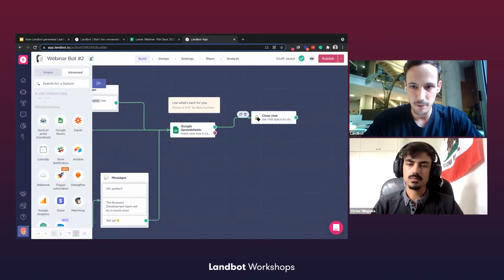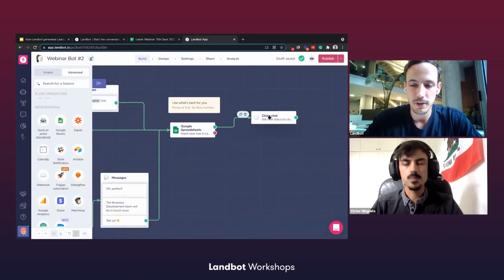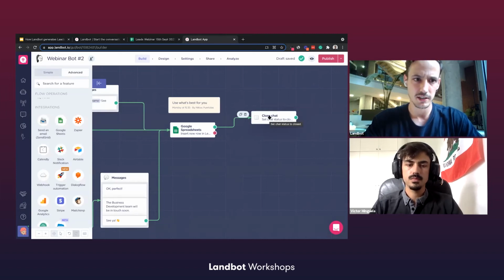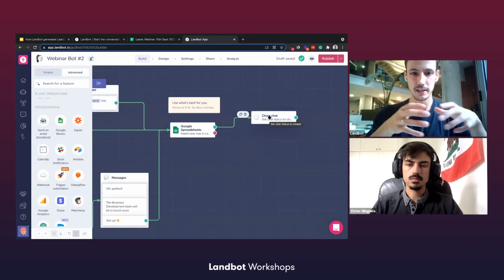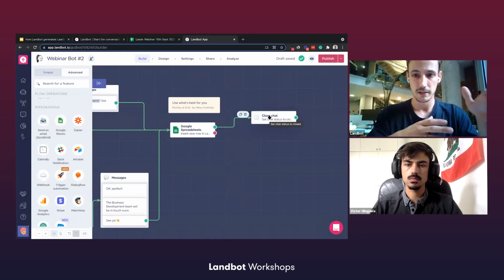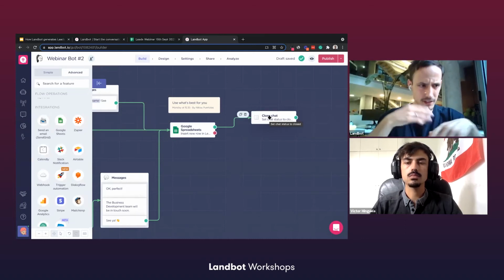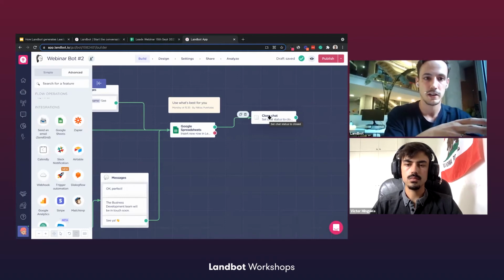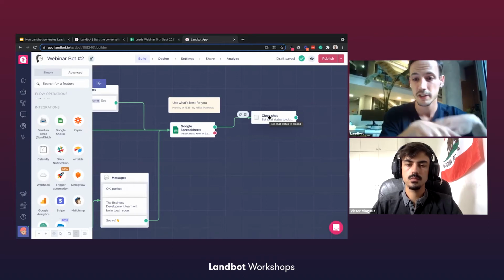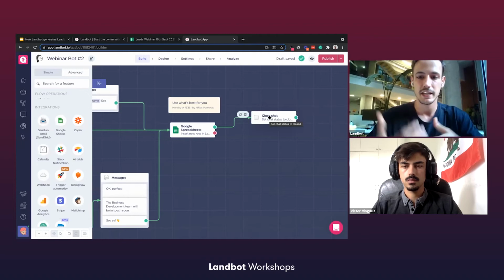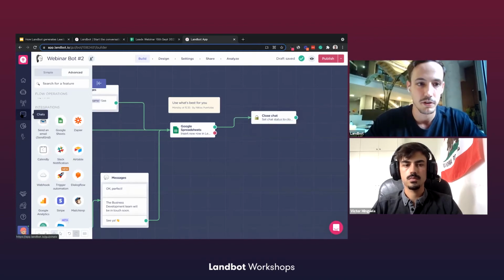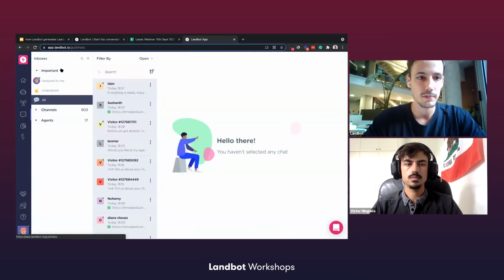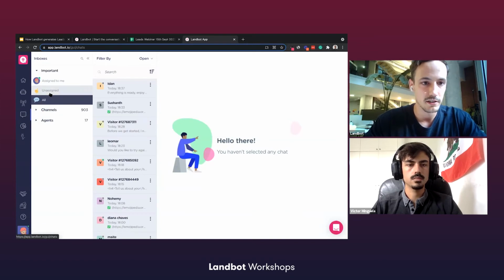So going back to the app, we just get a close tab here. This block basically changes the status of the conversation from unassigned to closed. This is going to really depend on your workflow. But if you're combining automated attention with human-to-human interactions, you may want to pay attention to the chat statuses, because when you go to the chat section, you get different statuses here, like assigned to me or unassigned.